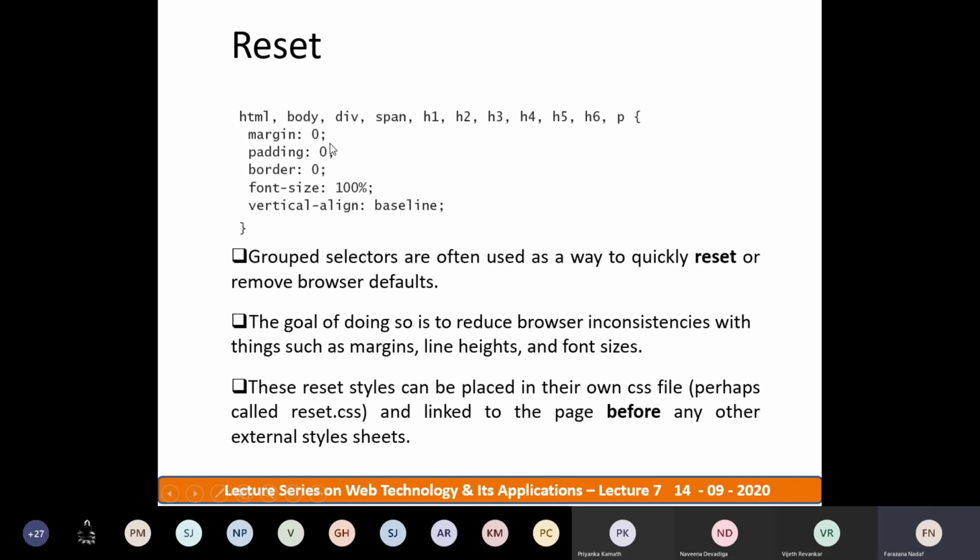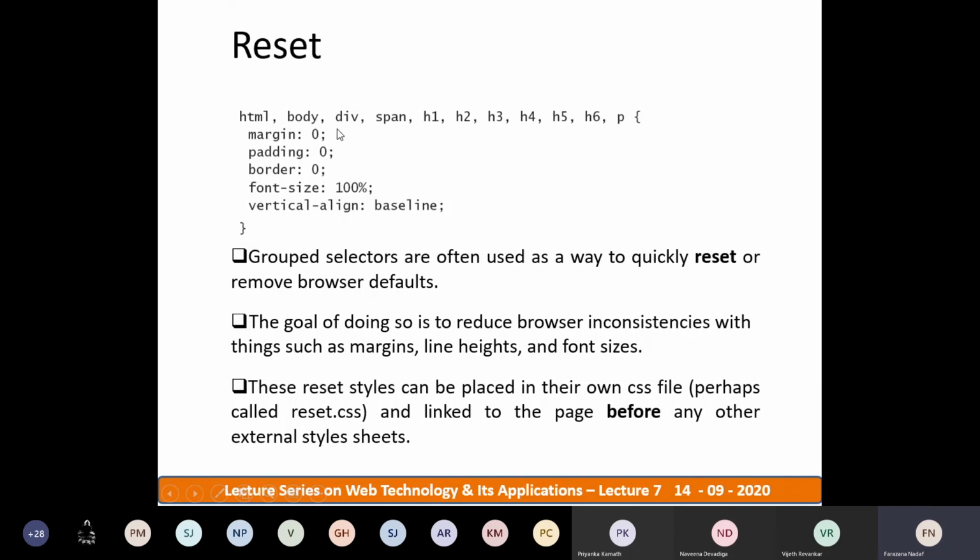All of these HTML elements can have their values reset, because the values you are using within a body tag are overwritten by the document style sheet. So it is nothing but a disadvantage of inline, because whenever you use inline with a document, the document overwrites the styles. So grouping selectors are often used as a way to quickly reset or remove the browser defaults.